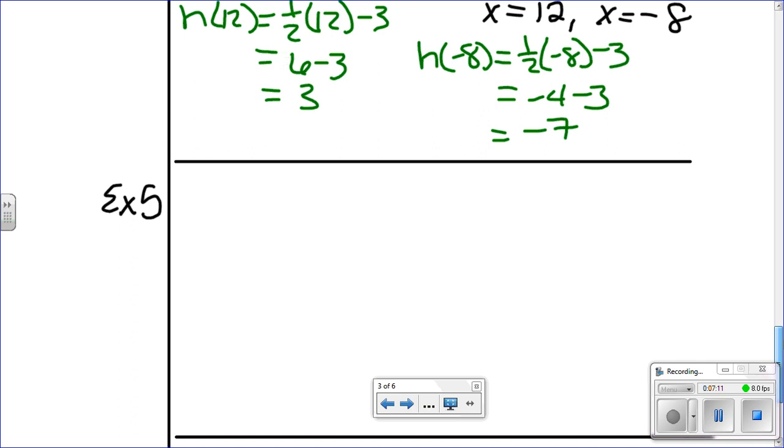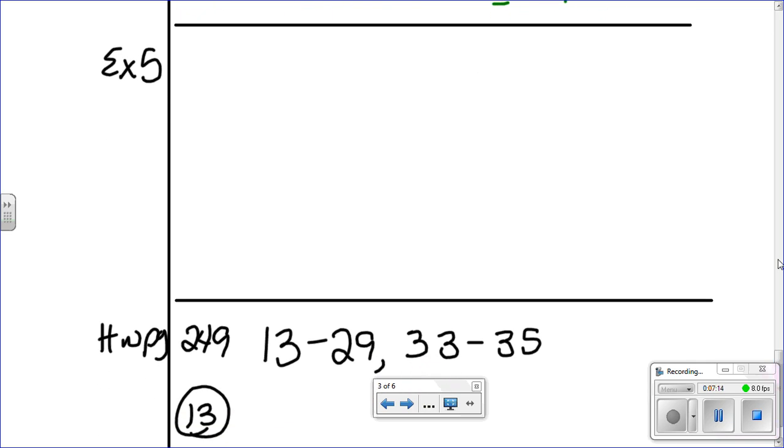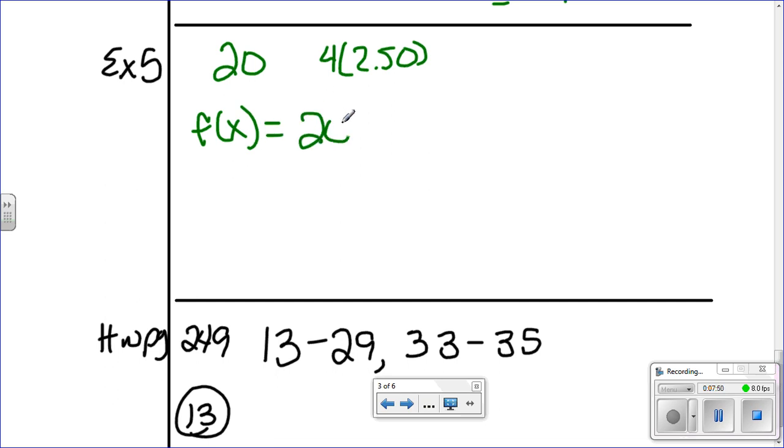Example 5. Manuel has already sold $20 worth of tickets to the school play. He sold 20. That's important. He has 4 tickets left to sell at $2.50 apiece. Write a function rule to describe how much money Manuel can collect from selling tickets. Find a reasonable domain and range for the function. 4 tickets left to sell. We don't know how many tickets he's going to sell, but we know it's going to be the 20 plus